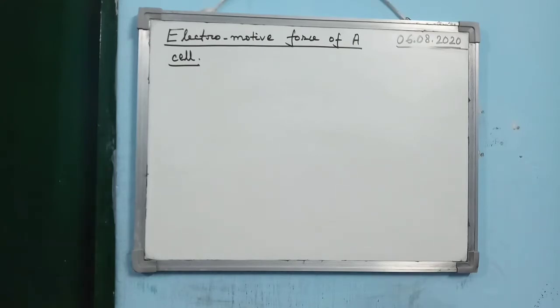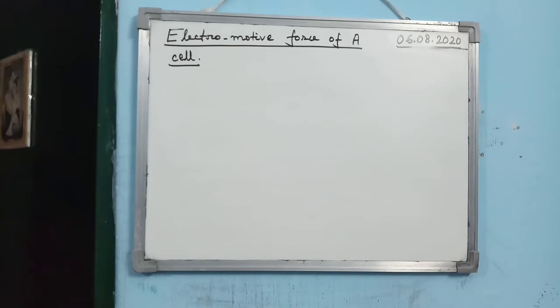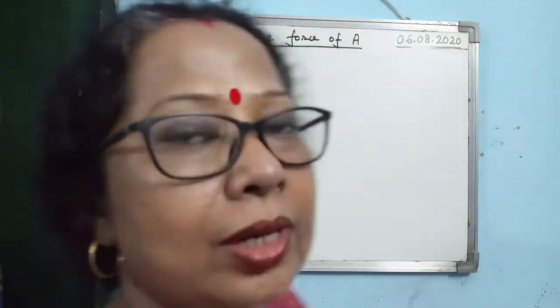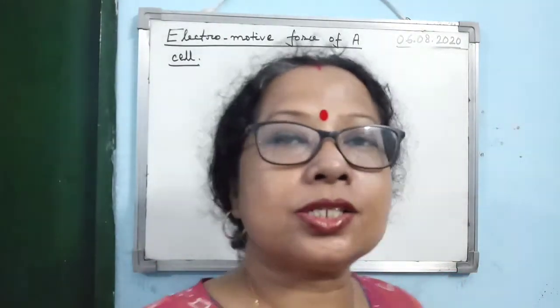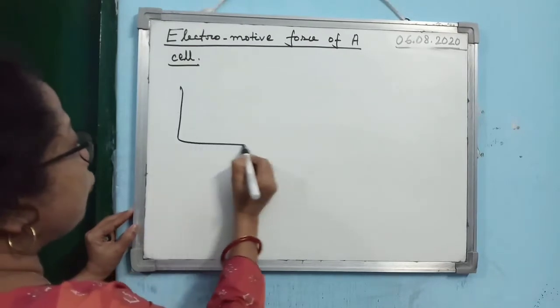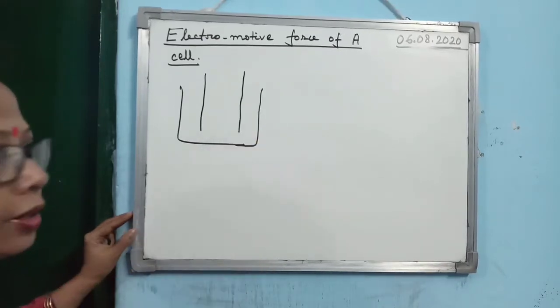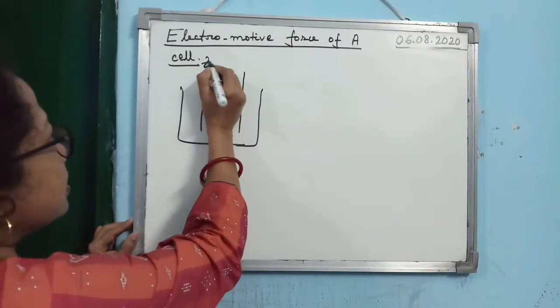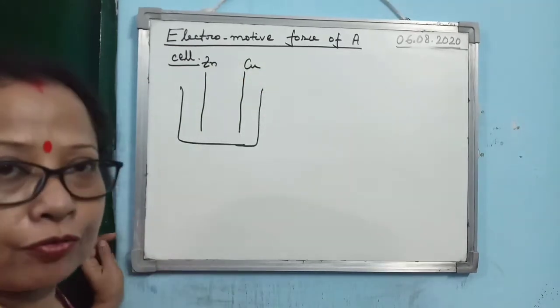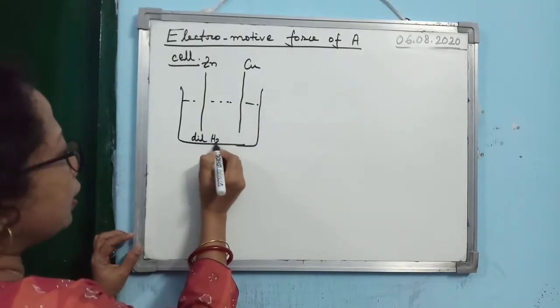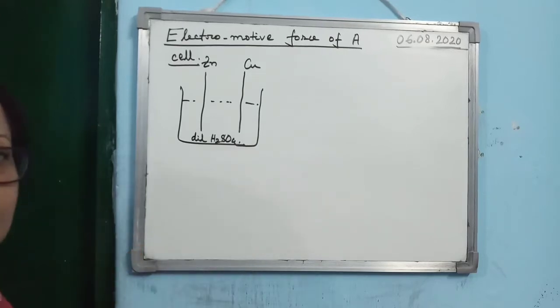Now the next topic is the sources of electric current. Now you know that the source of electric current is the electric cell, and how we construct an electric cell: when two different metals are dipped in the same electrolyte. As for example, I have taken zinc and copper. They are the two different metals. Suppose that is dipped in an electrolyte, and what is the electrolyte? Dilute H2SO4. Then it constructs a cell.